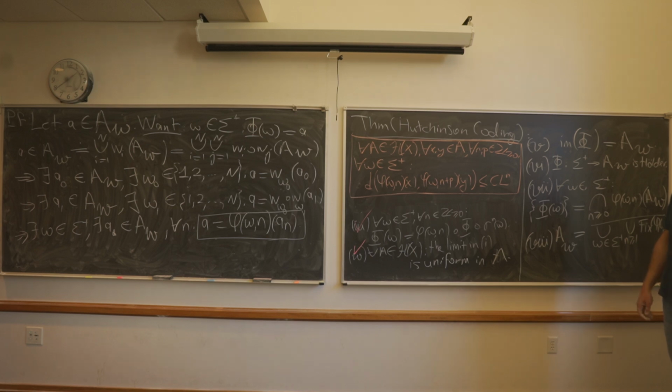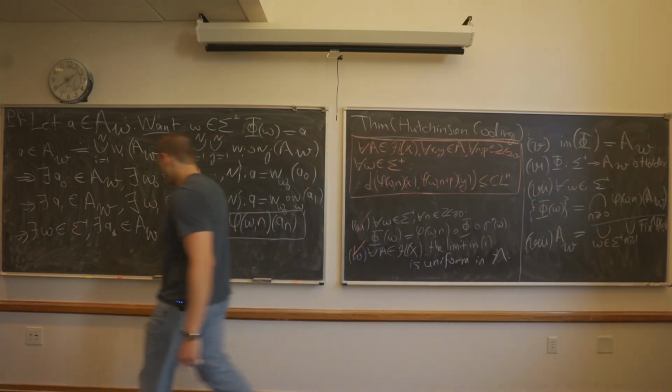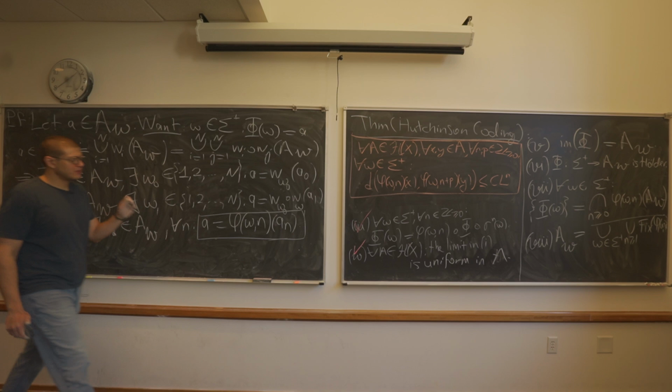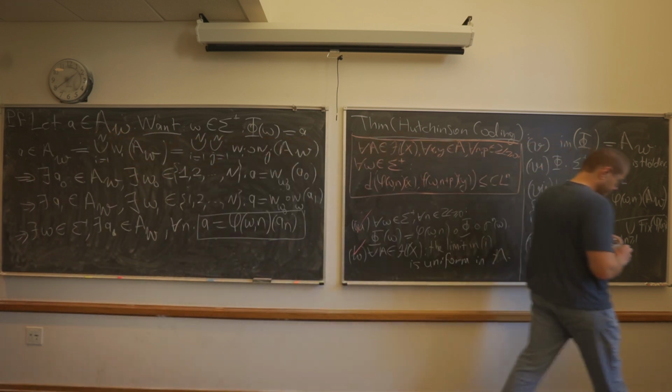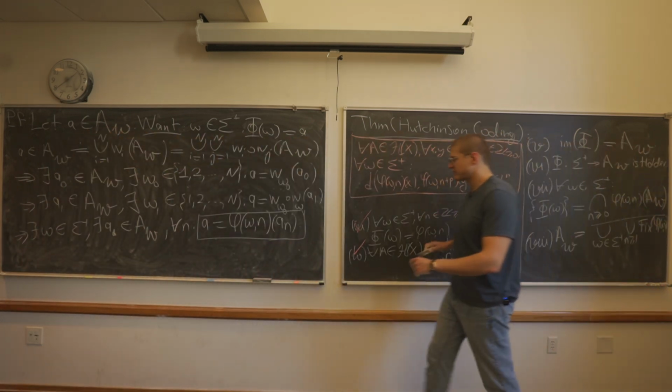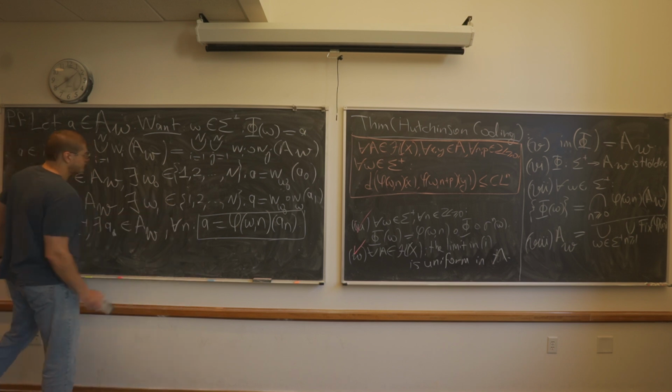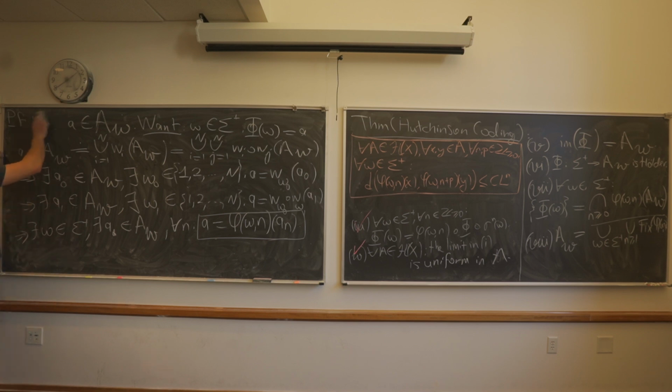The claim is that phi of omega, the sequence that I created, equals A. Okay. Any questions about this argument here? Later on, maybe if things are getting too abstract, it might be good to go through the steps of the proof using the specific example of the Cantor set, or rather the iterative function system that generates a Cantor set. So we have this, and the claim is that A equals phi of omega. That's big phi. Yes, big phi.